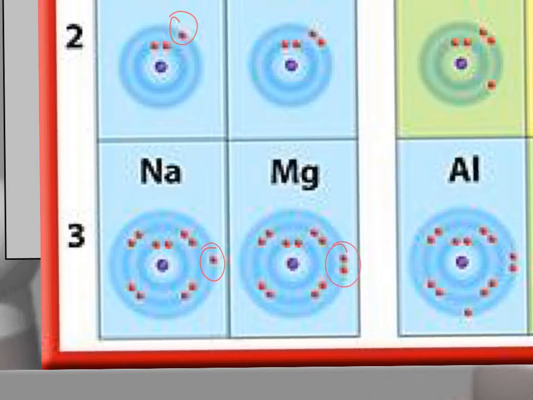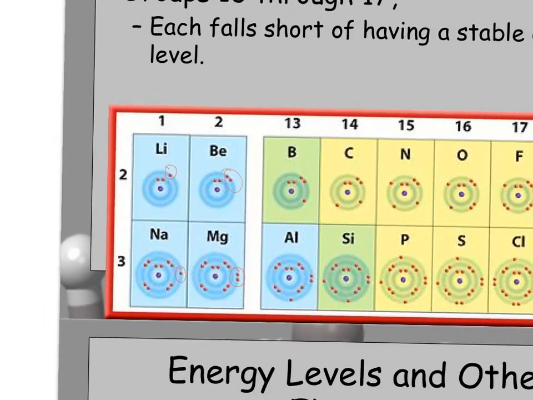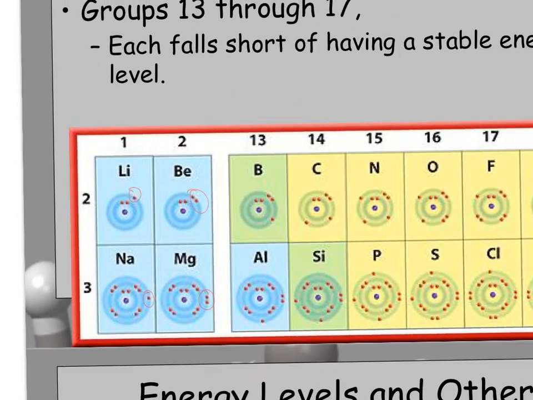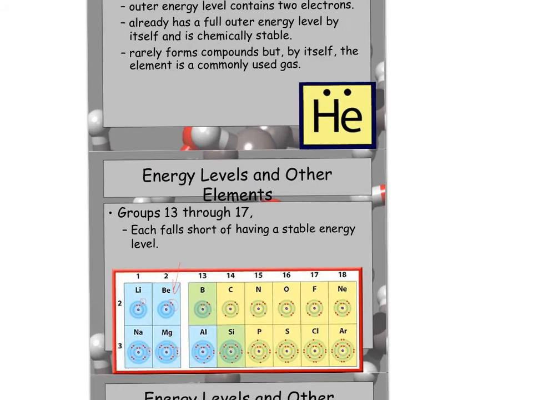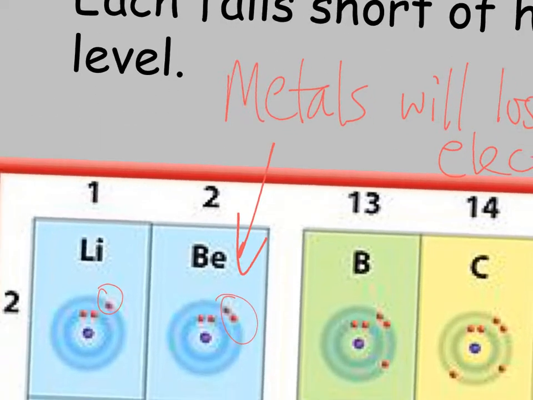These have 2 electrons, all these elements in group 2. Now, the key thing is, you can see the color of these. Metals are going to be much more likely, this is the blue, I'm looking at the blue shade of the background. Metals will lose electrons. The reason why metals are going to lose electrons is because if you look at them,